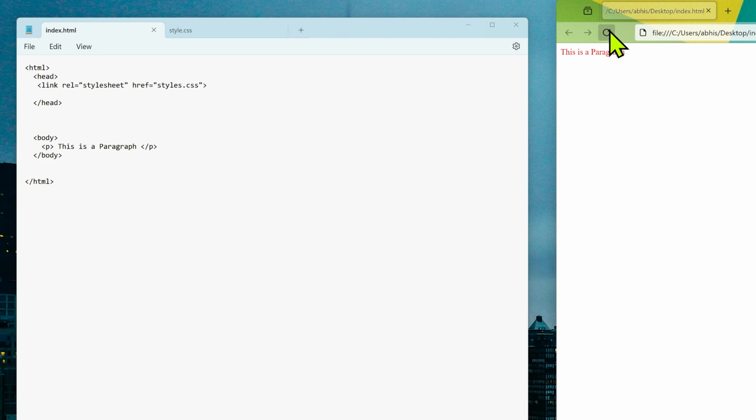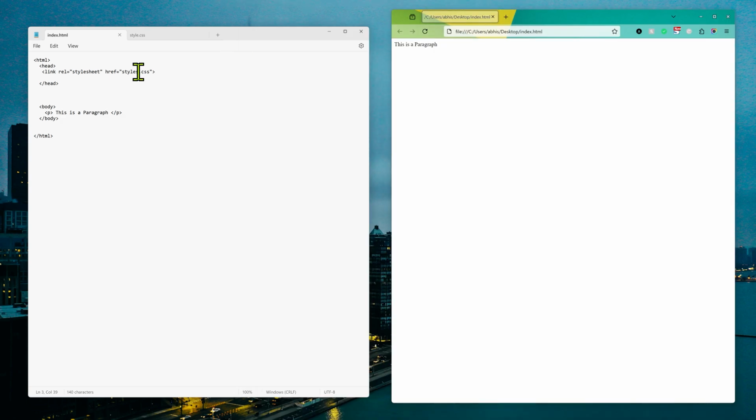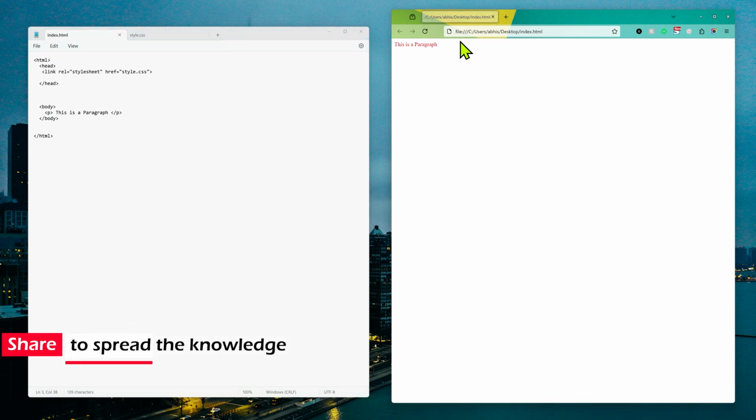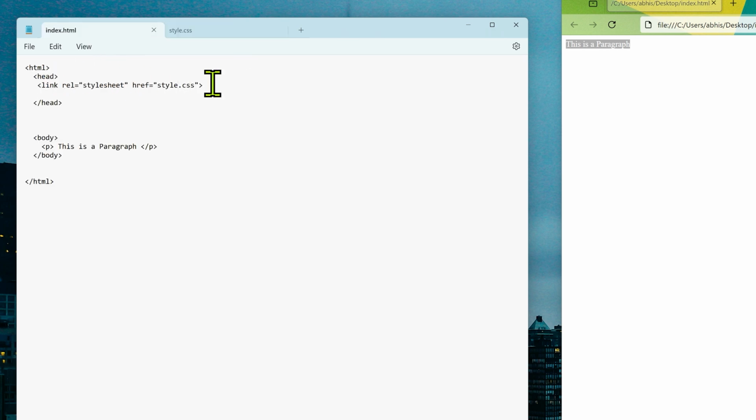And now if I refresh the page, you can see the paragraph is not red because I have made a mistake here, guys. A lot of people make this mistake. The file is saved here, it's called style.css, and the name I added here is styles.css. So I'll just correct my mistake. Now if I save the page and refresh the browser, you can see the paragraph is red now. So when we write CSS in a different file and then include it inside the HTML file, it is called